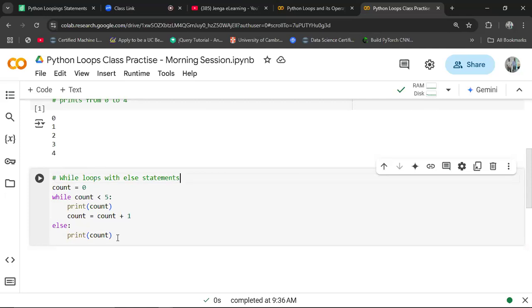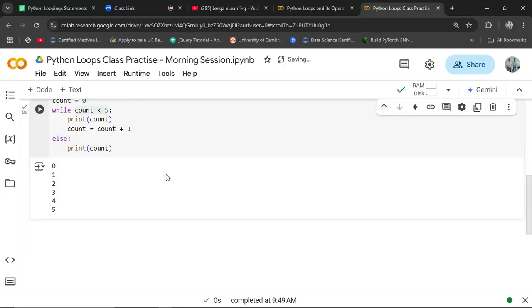So with an else statement, we are going to execute another block of code after the condition has evaluated false. So if I run this one, we can actually see that